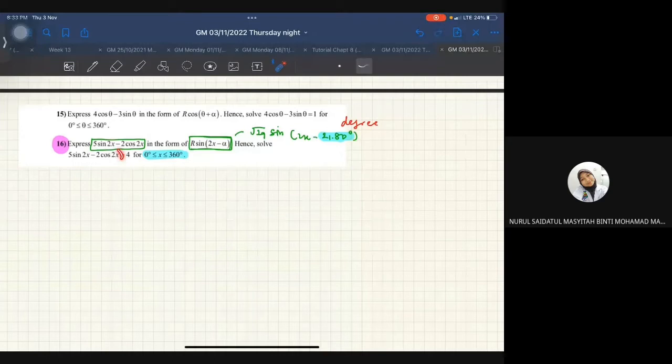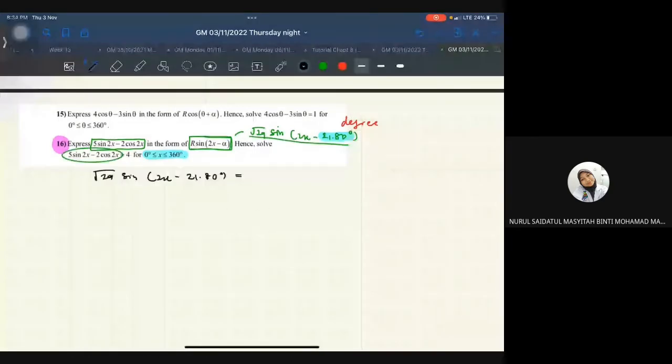So this one. So what you are doing sin 21.80 degree, which is equals to 4. Okay, so ini so daripada sini